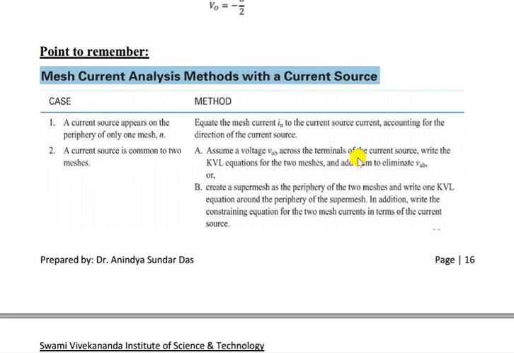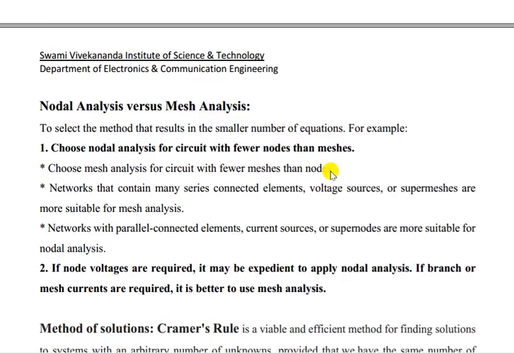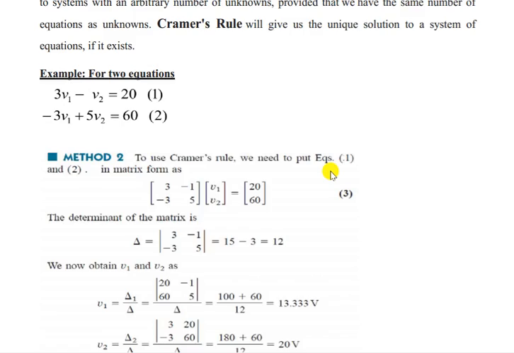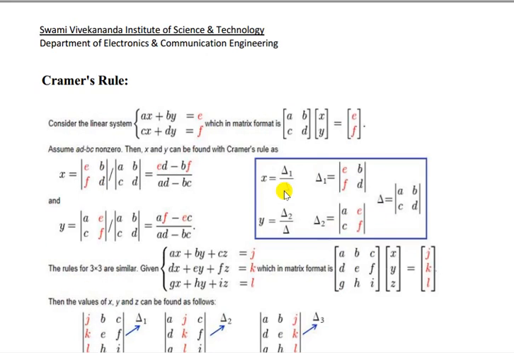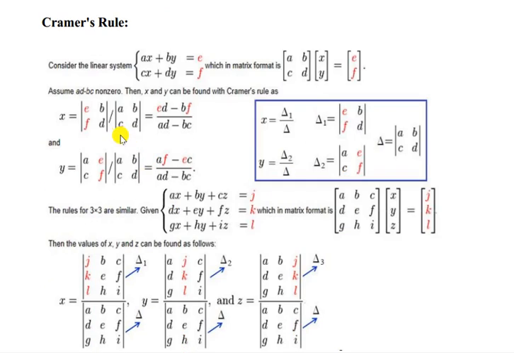Now here the main point that you have to remember is, just let me show you the Cramer's rule quickly. So consider Cramer's rule is, consider the linear system, say Ax plus By equal to E, Cx plus Dy equal to F. So in matrix form, how we can write? X and Y is the variable, and the term coefficients are A, B, C, D, and constants are E and F. So you can find out the value of X.